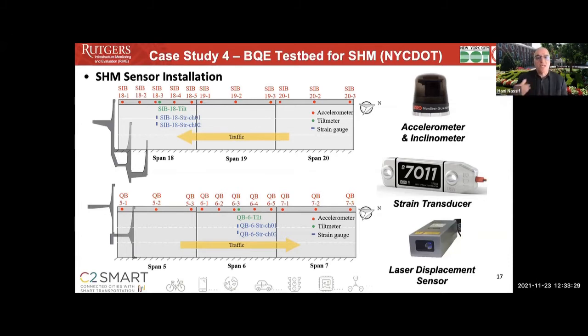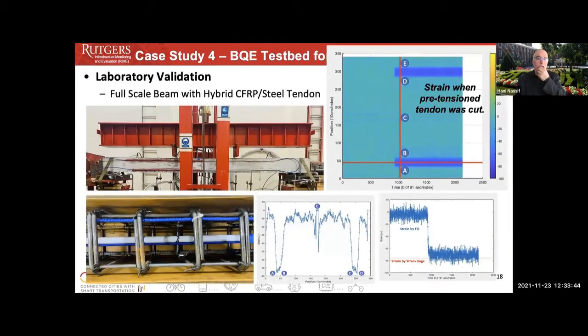So this is something that we are dabbling with right now, and we are trying to develop models to detect. We have a complete finite element model that we are trying to do for the specific spans that we collected. In addition, for this case study, to test the fiber optic sensor and make sure that it can detect minute changes in the strain, or if any crack is to be formed,